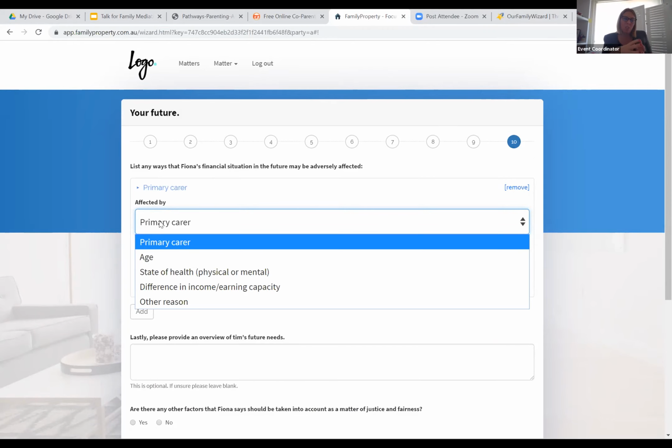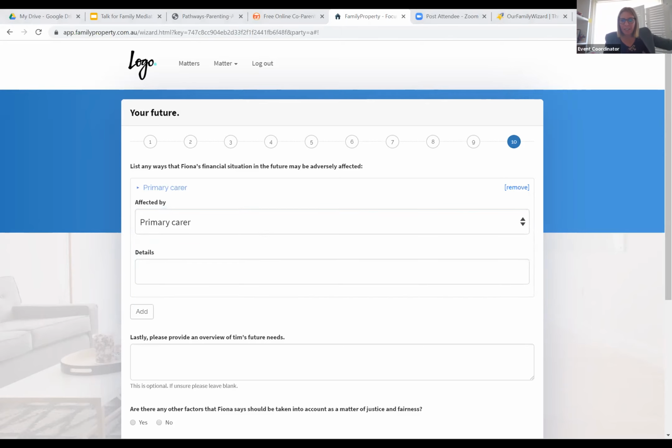But what you do need to do is look at, as I said, contributions. What's the percentage roughly? Is it equal or more in favour of one party or the other? And then for future needs, should there be an adjustment because one party's future needs might be adversely affected? So any questions about that? I'll just see if there's any, I can see it, that's fine. If you have any questions about how you look at a property settlement, please ask now.